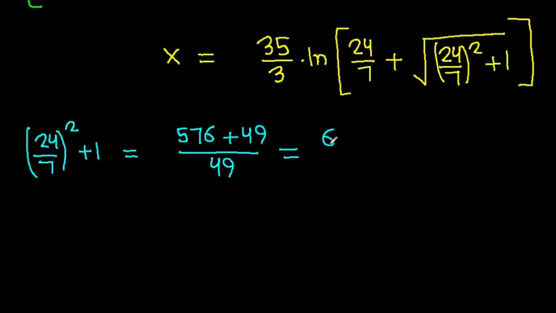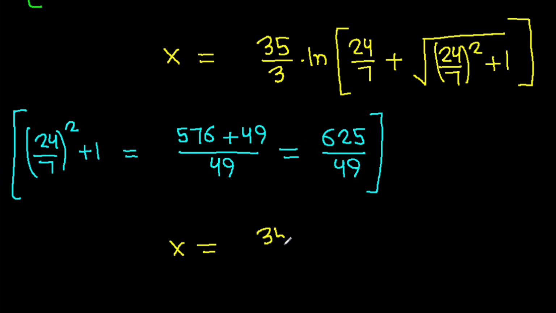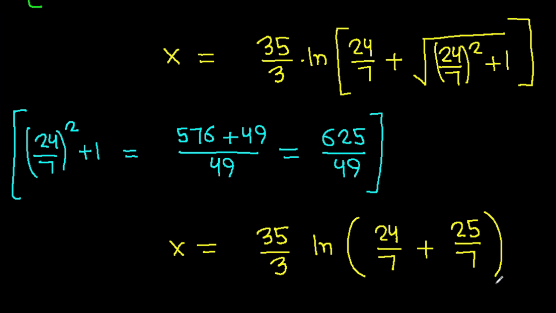That will be 625 over 49. So x is 35 over 3 times ln of 24 over 7 plus, and this will be 25 over 7,